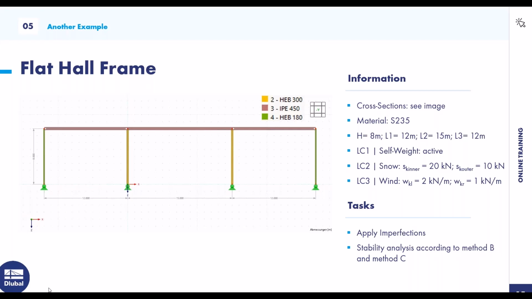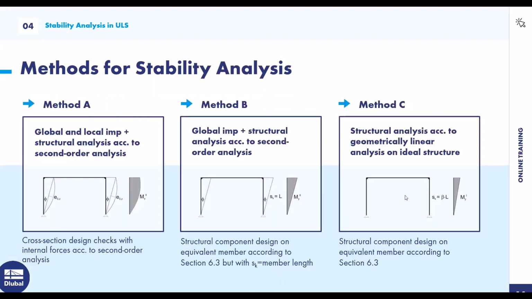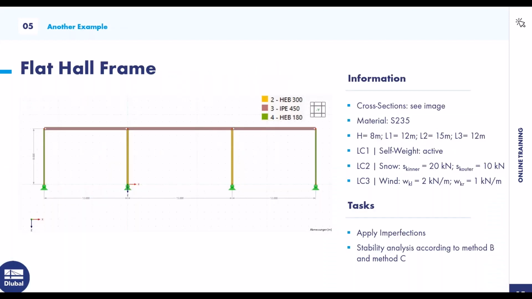Now we can turn back to the slide. That's with the determination of the buckling lengths and without imperfections, and method B with imperfections. Okay, so then I turn to the program,